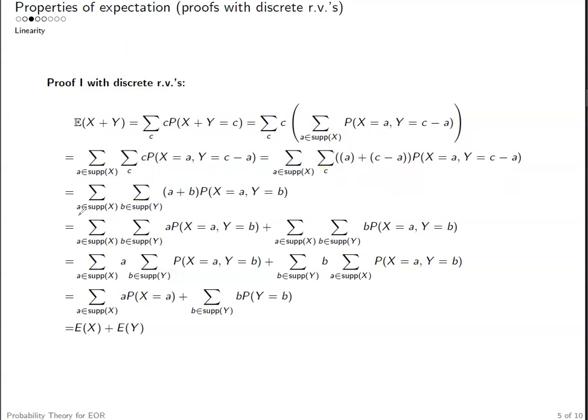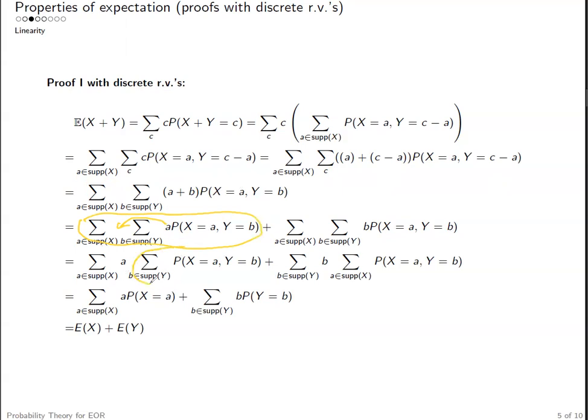Now we split this summation. After we have this equation, let's split this summation into two parts, which is A times this probability and B times this probability. Okay. For the first term here, let's move A forward, and the value of these double summations remains the same.